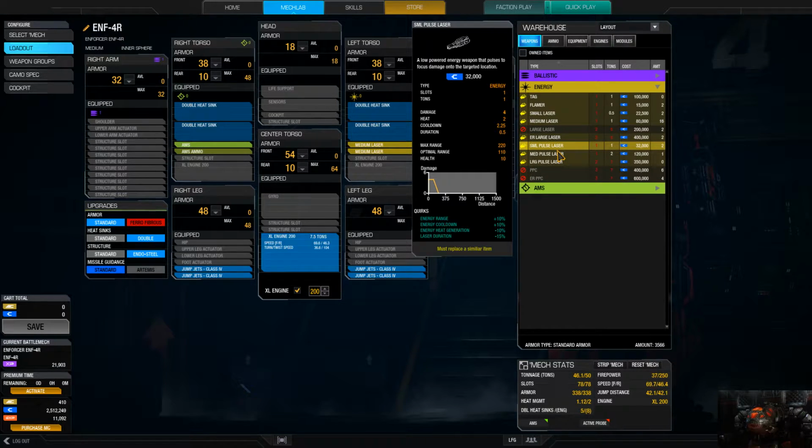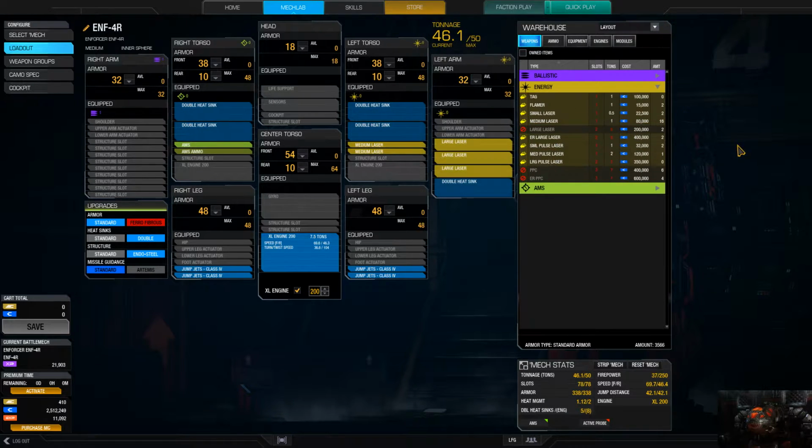What I mean by that is, as you play with certain weapons on a mech, you have the ability to spend weapon XP, experience points earned using specific weapons, on a mech-by-mech basis. For example, you earn experience points on your Enforcer 4R here, and I'm using my medium lasers and large lasers. Right now, my medium laser, if I click on it here,